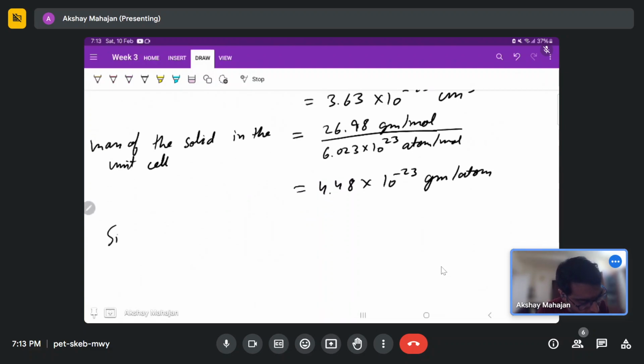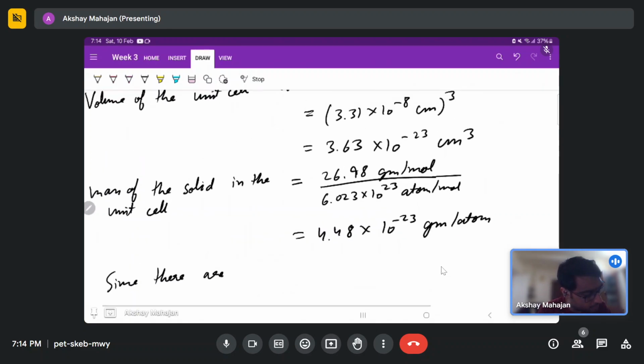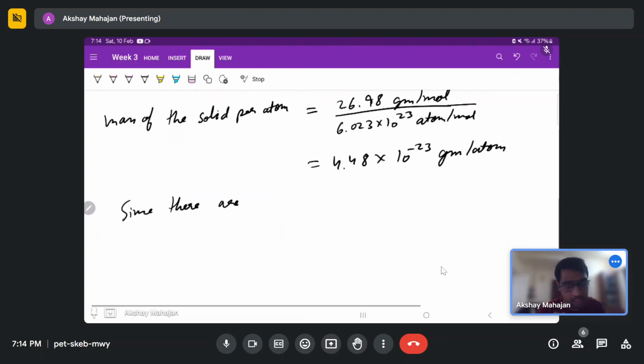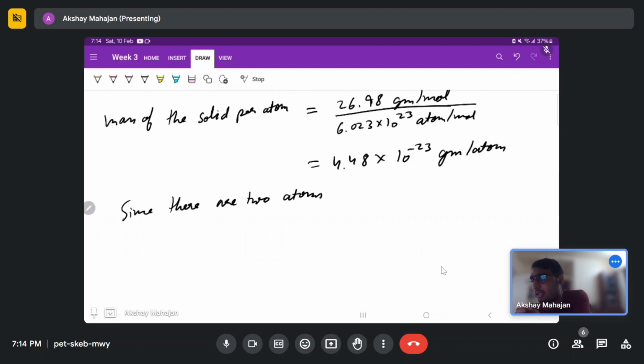So the mass of the solid per atom is given by this, and we will multiply it by 2. Okay, it is not in the unit cell, this is the mass per atom, and since there are two atoms in a BCC unit cell,